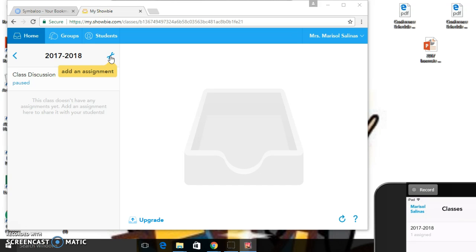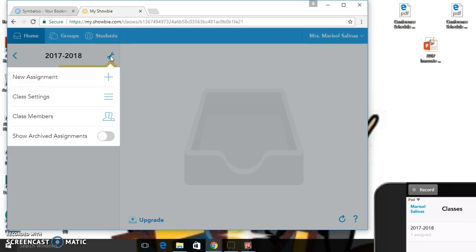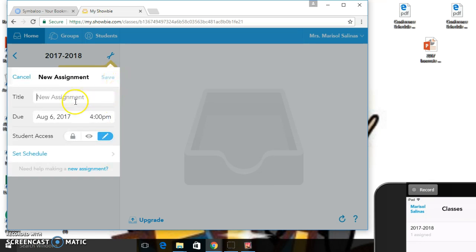Screwdriver? No. I don't know, tool. And you're going to add a new assignment. Let's say I want to add reading. And this is, again, just an example. Reading